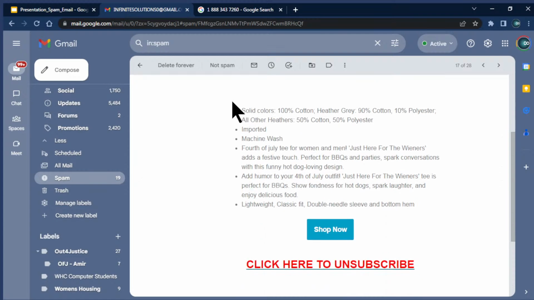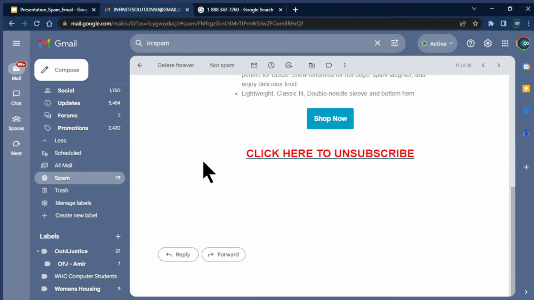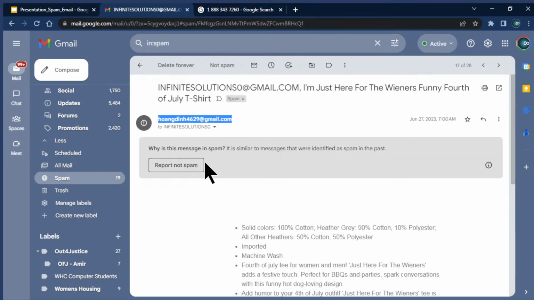Look through the email, check to see if there are any misspellings. If there are attachments, Google, like I said, does filter the attachments and scans them for any malicious malware. If it is, they will actually give you a warning that it is malicious. And also, again, links. If you're unfamiliar, don't click on the link.